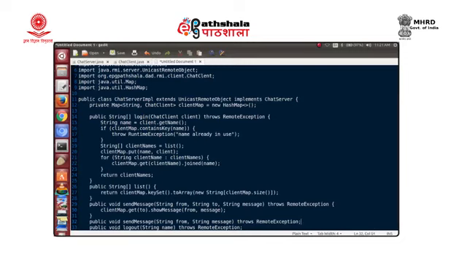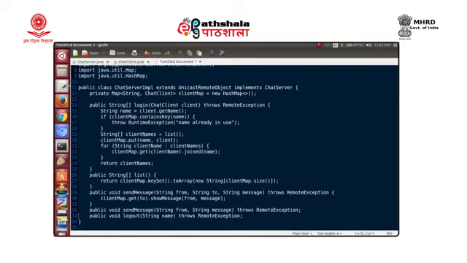Okay, fine. So now next will be the implementation for send message to all, it is like sending a message to all. In this case, it is nothing but the two part is missing. So what we can do is get the list of all the clients. When it is a broadcast message, let it go to all, including the one who is sending.